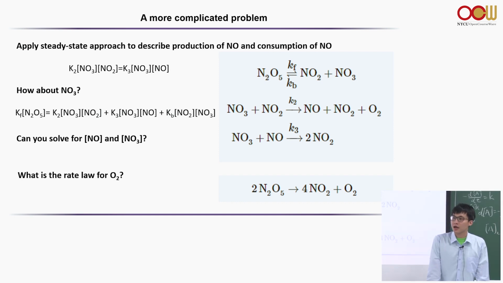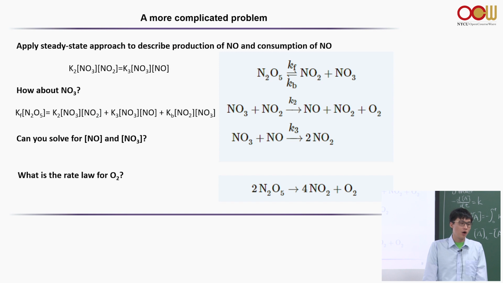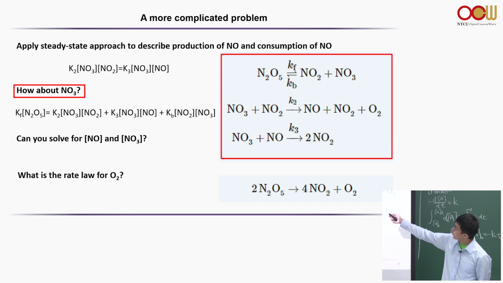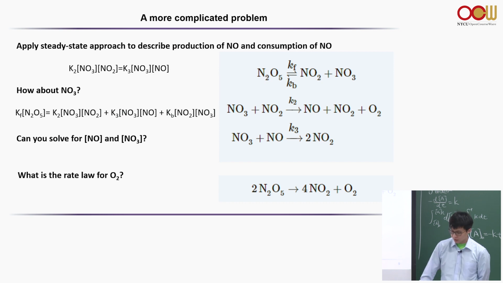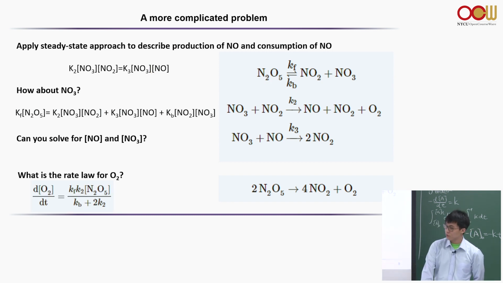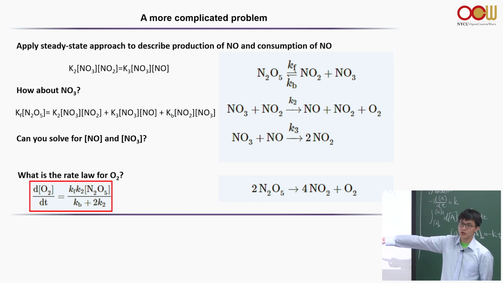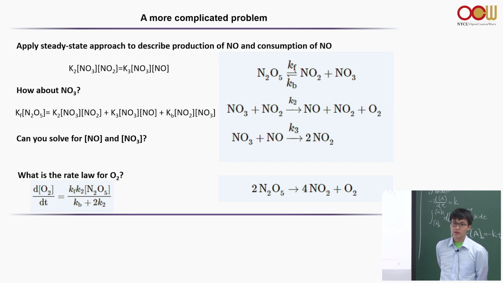Okay, how many of you get this? I already saw several of you figure it out on your own, which is quite impressive. For the NO3, there's a backward reaction, and you have to consider these two reactions. And then with this equation, you can solve for NO, and then you can solve for NO3. That makes sense? So you simply move things around, and eventually, for the final rate law of oxygen, you can come up with this equation. It simply has all the constants without all the intermediates that are present in this equation.